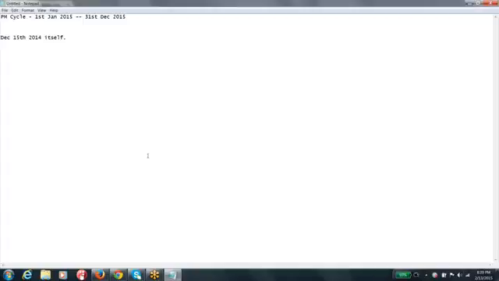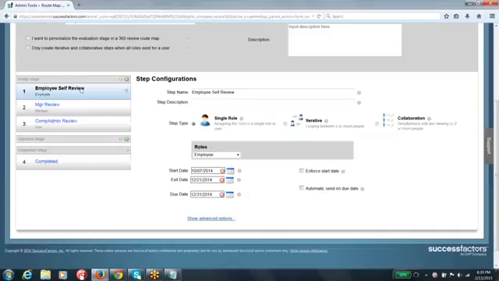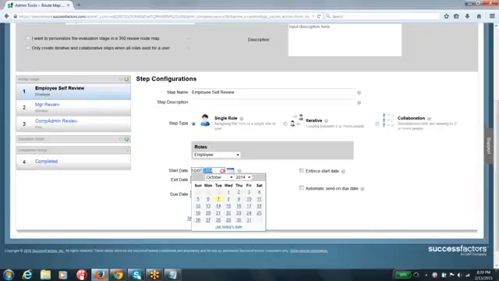But whether the system should allow you to start your work: the form has been launched to you, and whether you are supposed to work on the form from December 15th or not is going to be decided by these settings. So when you have to start working on the form is decided like this. If it is December 15th, 2014, yes, you will be able to work on the form. But if it has been configured as Jan 1st, 2015, you will not. You will be able to see the form, but you will not be able to start work on the form, guys. That is the difference.